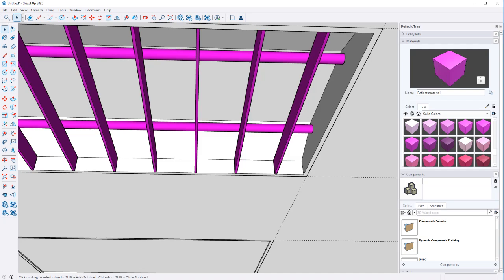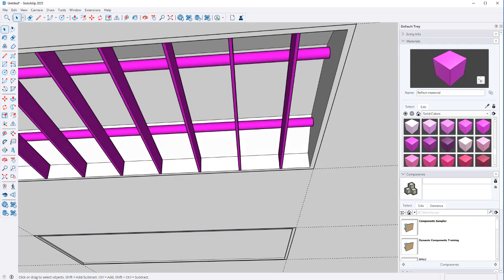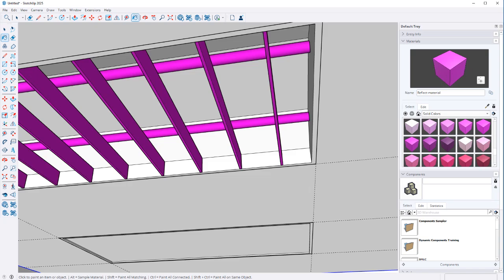I might just call it mirror too, but that gives me something to grab now when I go to select colors. So if I get away from this and we select a different color and we select this, you can see this still registers as T8 fluorescent, and this registers as reflective